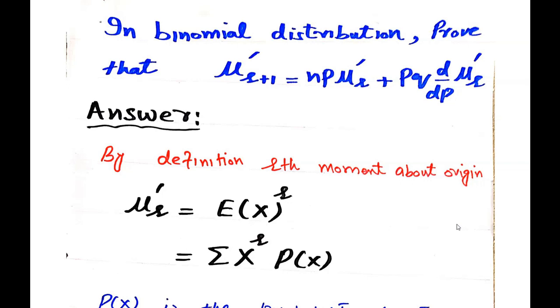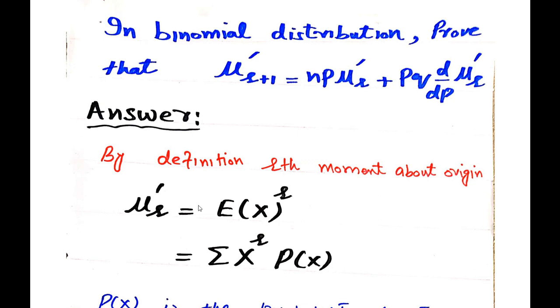In this video, I explain the proof of the binomial distribution recurrence relation: mu r plus 1 prime is equal to npq mu r prime plus pq d over dp mu r prime, meaning the derivative with respect to p of mu r prime. So now let's start. By definition of the rth moment about origin,